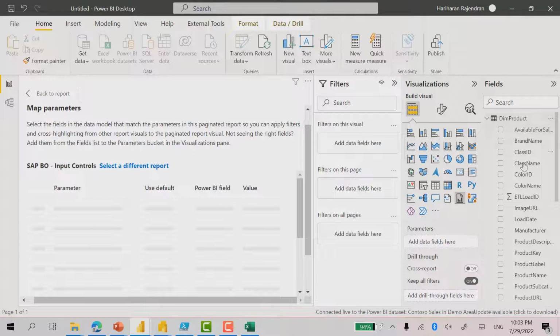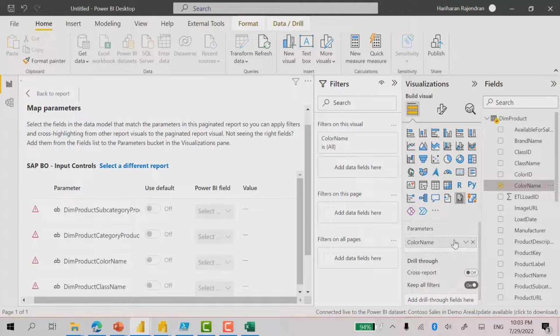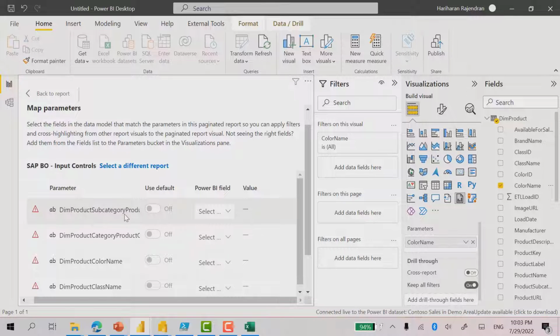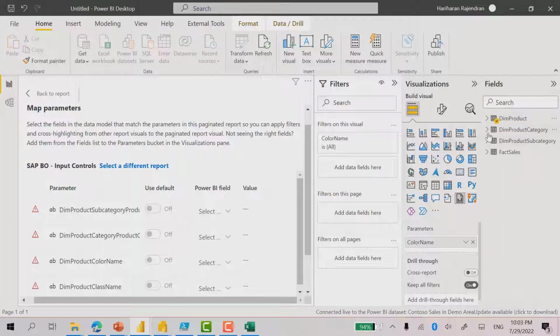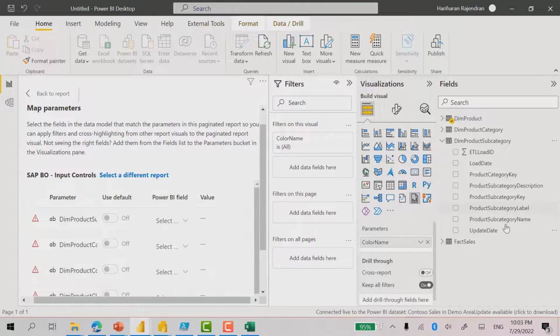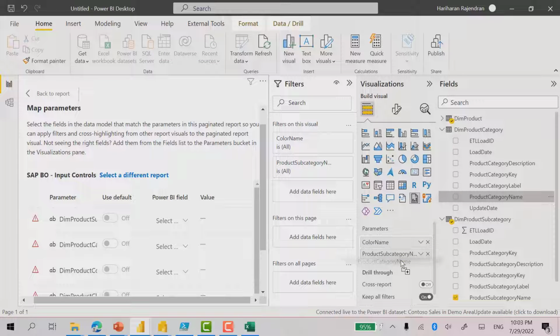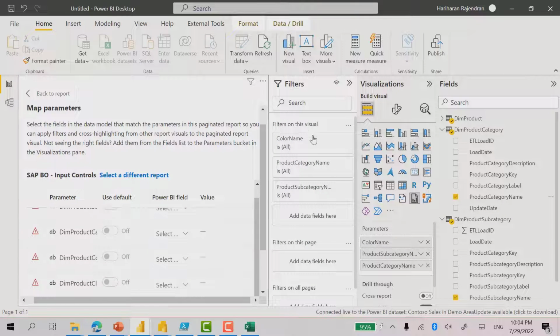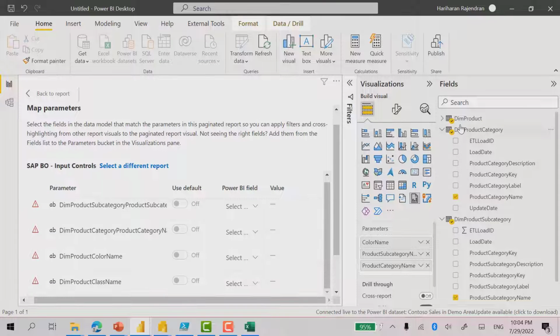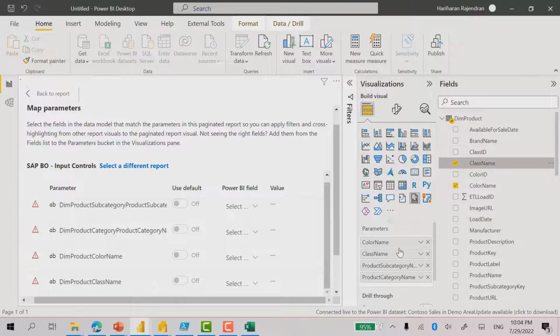Here we need to see what parameters are used. One is color name, then dim product subcategory, product name. So English product subcategory. This is the subcategory name, and then this is the product category name, and then what else do we have, class name. So class name is again here. Once I drag and drop, you will see now this is enabled. I can choose